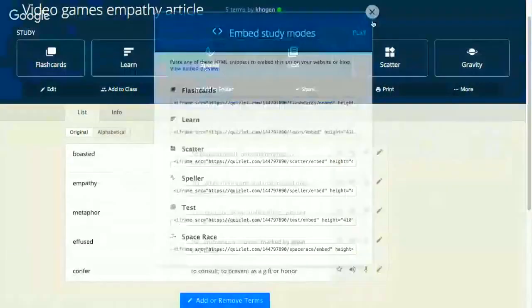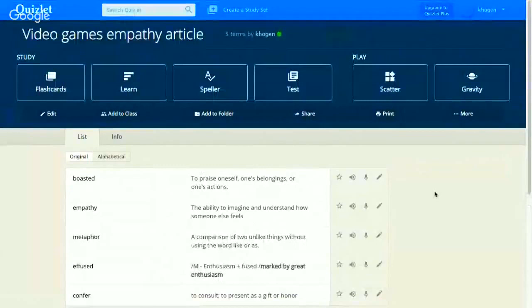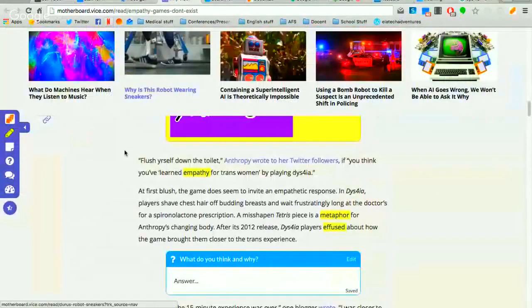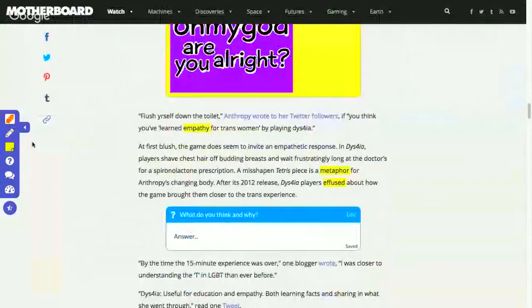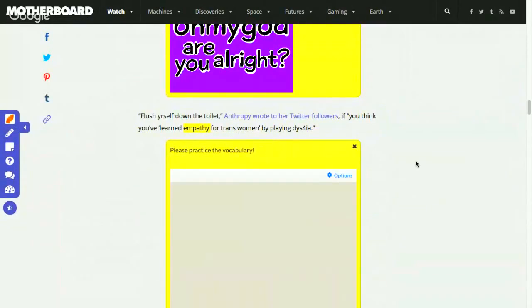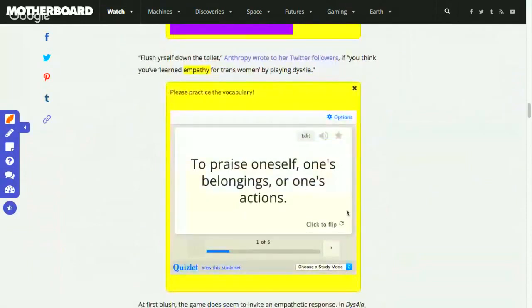Now what's super nice about Quizlet and actually everything I've done so far, Prezis and YouTube videos and all those things, is you usually aren't having to create things. If anything, you might just be modifying other stuff. So I took that embed code, I want to put it right here. I want to say, please practice the vocabulary. And now in my article is interactive vocabulary,